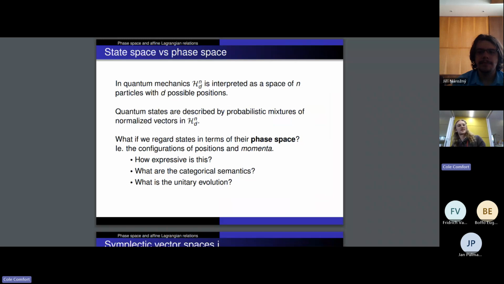there's another way you can think of things, and it's in terms of the phase space. And what this means is, instead of thinking of a quantum state as being a mixture of a linear combination of positions, you think of it as having a position and momentum, and maybe certain relations between those two things. And this is broadly how classical mechanics is done, or at least Hamiltonian mechanics. You have a particle, like imagine a bowling ball, just a classical particle, and it's described by its position and its momentum, and if you now play out the evolution of this particle, it will bounce, hit something, the momentum will change, the position changing is velocity, and so on.